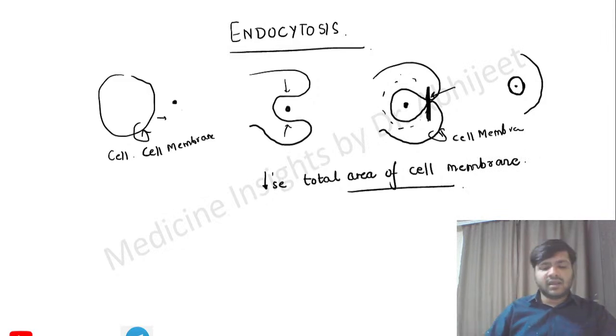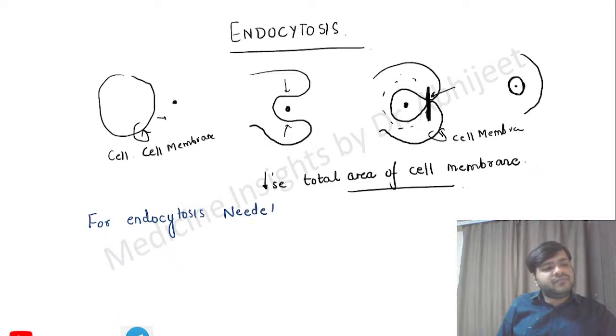Decrease in total area of the cell membrane. So this was endocytosis. In endocytosis, guys, what all things are required, you have to mention in your notes. For endocytosis, what all is needed? It is calcium, ATP,